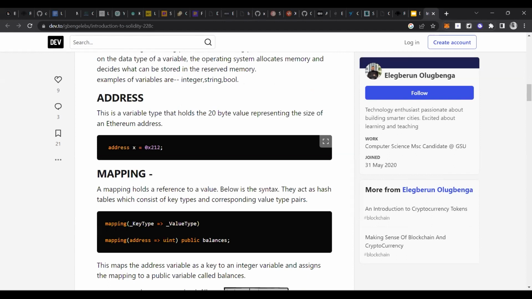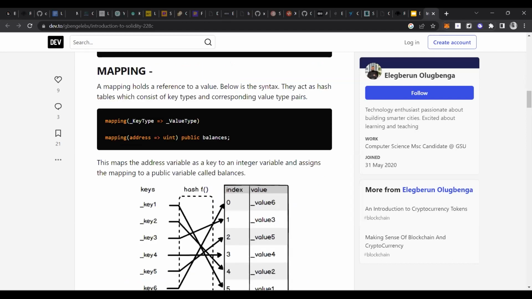One of the most important and frequently used data types is the address data type, because in blockchain all systems are connected with addresses only. Mapping is also a very good data type, because it maps from address to uint, address to value, and even address to address.